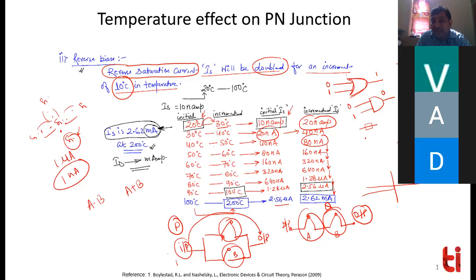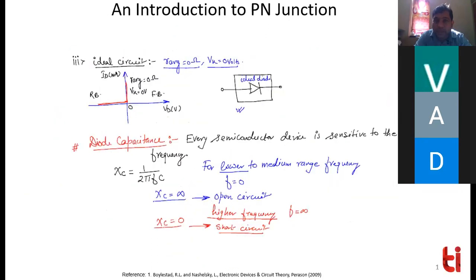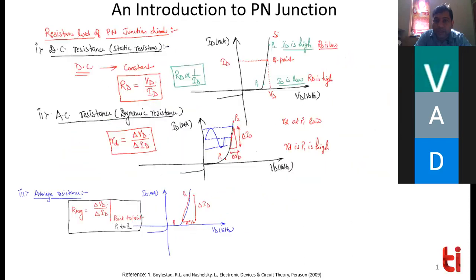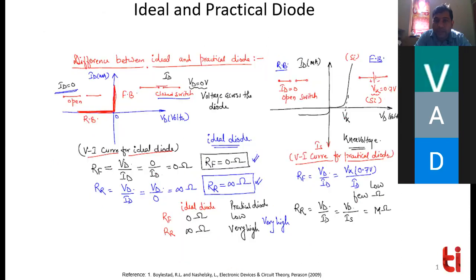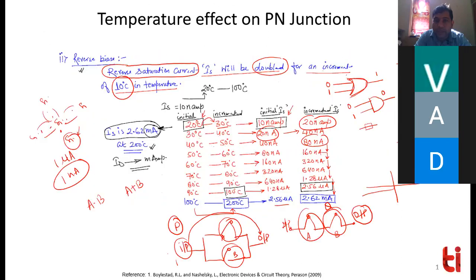Okay, आगे चलते हैं. Now, what is the forward current? How does it depend upon the temperature? Okay, that relation we have not shown here, no problem. कहीं पे अगर आएगा तो मैं बता दूंगा कि वो फॉरवर्ड में टेम्परेचर को रेज करने से कैसे होगा, वो आप कैलकुलेट भी कर सकते हैं. You have an equation, I_D equal to I_S times e to the power qV_D divided by nkT minus 1. So you can find out the diode current at 20 degrees Celsius, at 30 degrees Celsius. You need to change this and you will get the current.